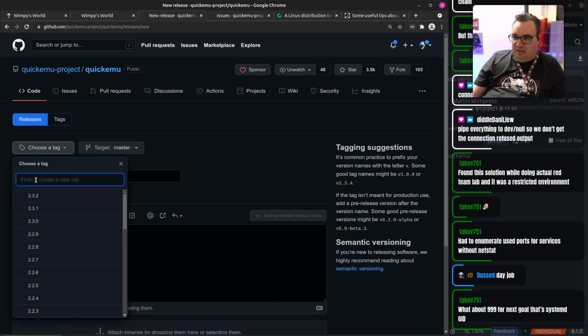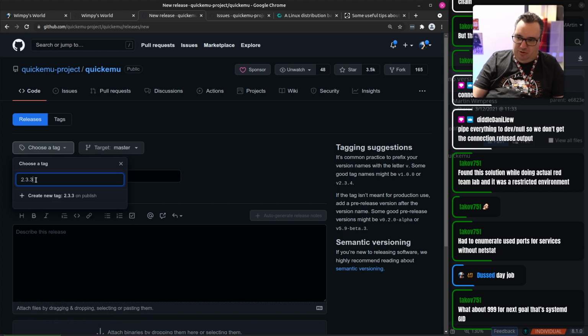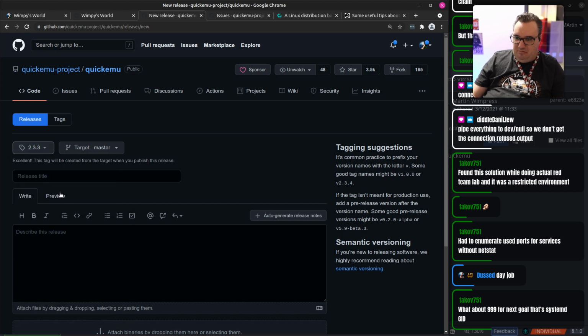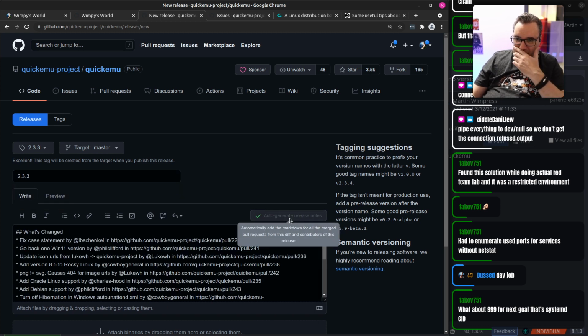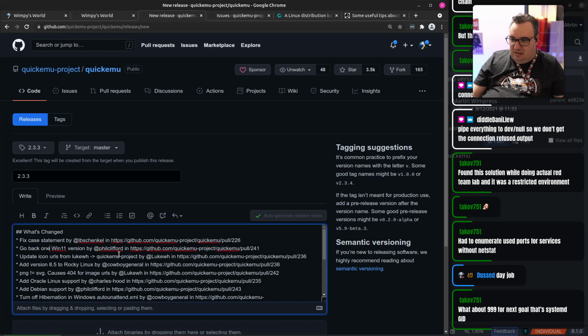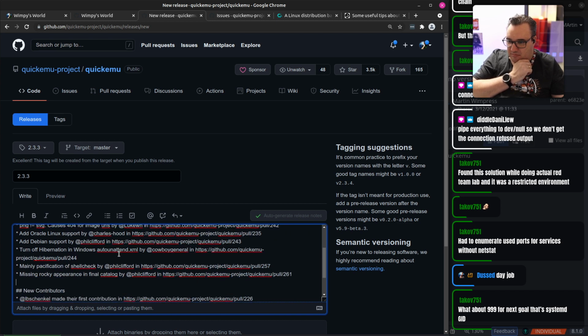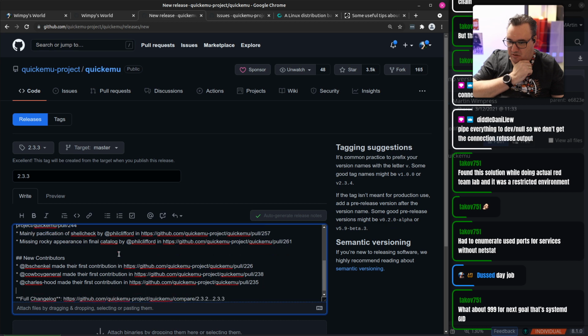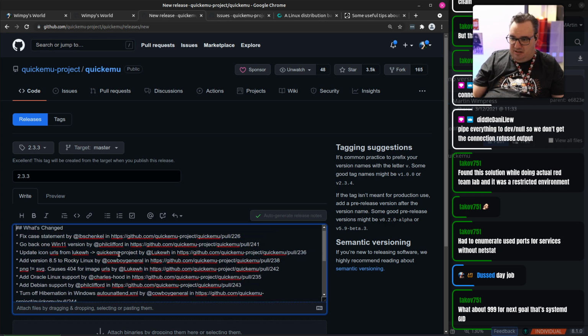So this is going to be 2.3.3. Release title 2.3.3 and auto generate. Right then. So we'll also add new contributors. That's great. So we'll also say